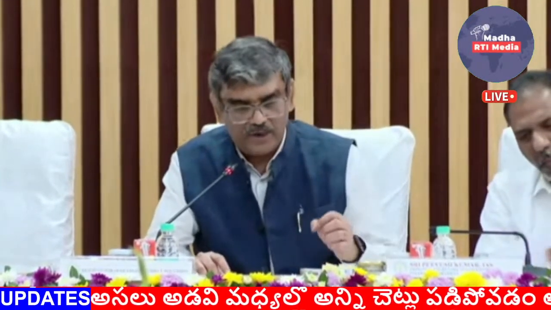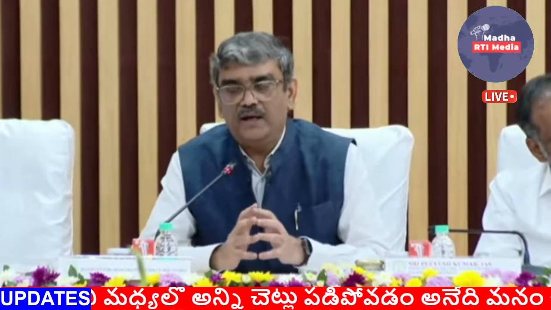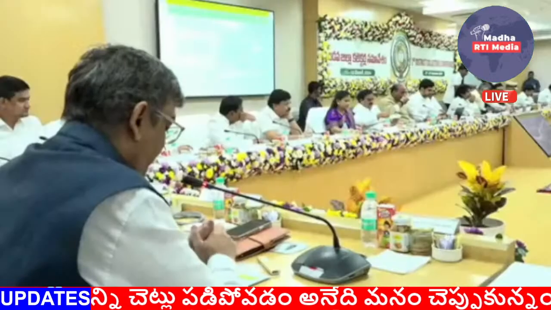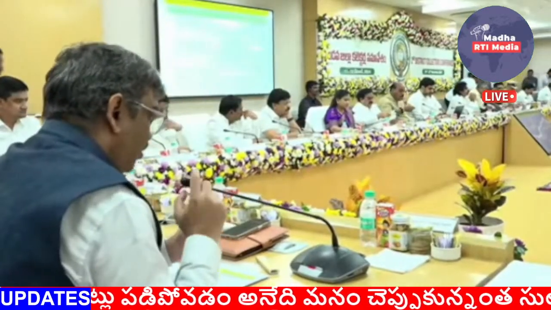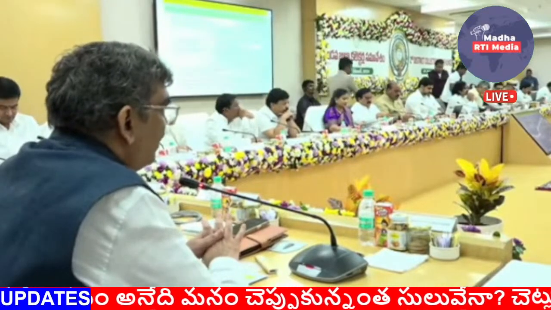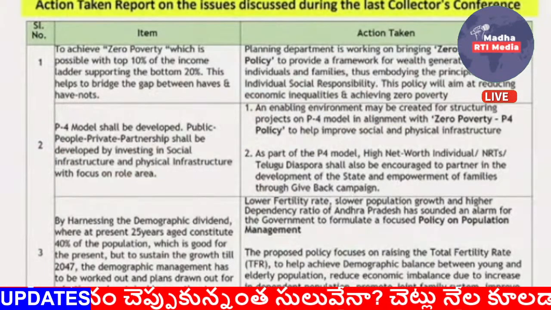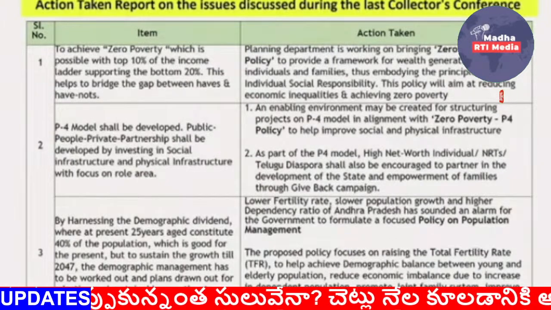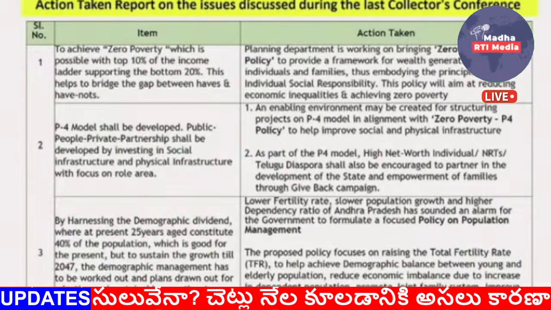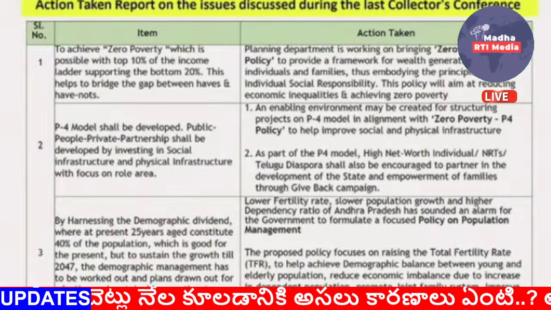The second important point that we had discussed last time was the P4 model. Earlier, in the 90s, when the economy was opened up and a lot of emphasis on development was given, the P3 model had come in, where public and private partnership was envisaged to take up the infrastructure work. Now, taking that step forward in the social infrastructure sector, we have the P4 model, where public, people, private partnership